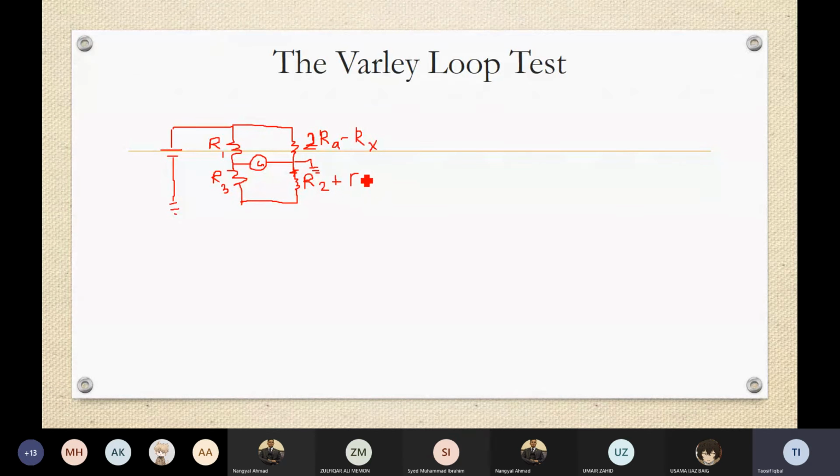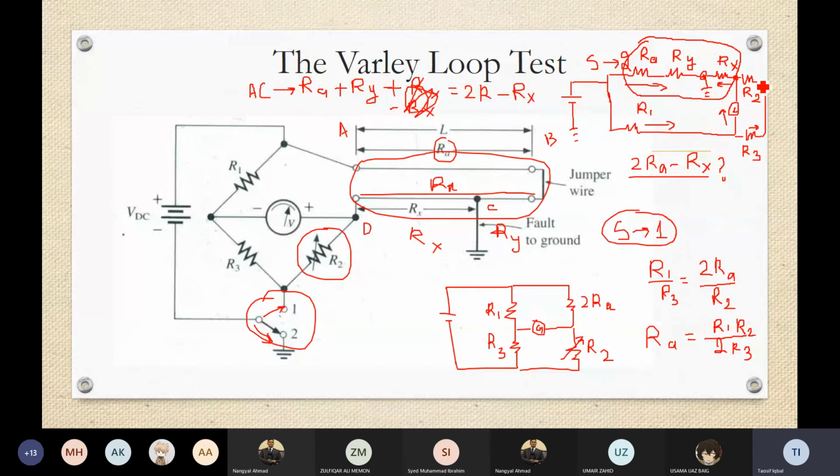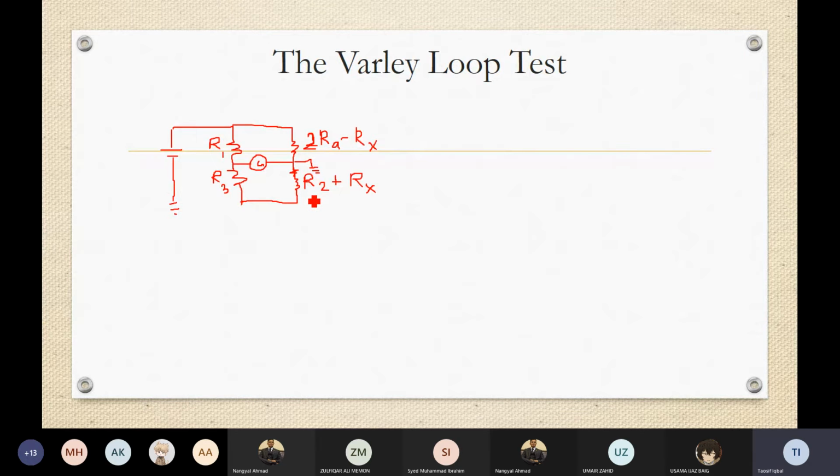So R2 we have plus RX with it. ठीक है। तो जो ऊपर वाली साइड है, सॉरी यहाँ पे मैं RX को मिस कर गया, एक्चुअली वो लगा हुआ है। तो हमने जो गैल्वेनोमीटर है इसकी लोकेशन, ठीक है, सो हमने इसमें जस्ट एक रेजिस्टेंस जो है वो ऐड कर दिया। ठीक है। सो यहाँ पे नीचे वाले में हमने कर दिया R2 प्लस RX, और ऊपर वाले में हमने कर दिया 2RA माइनस RX, एंड इट इज ग्राउंड।